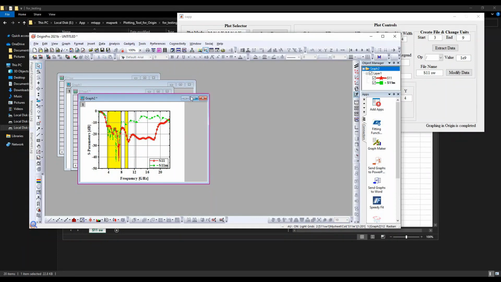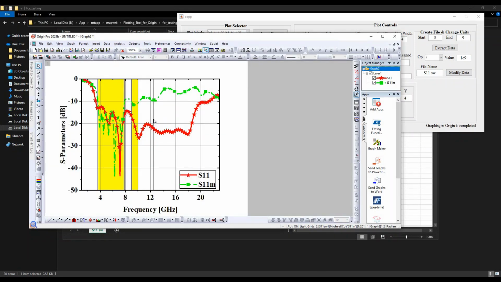Yeah, you can see the difference. You can observe the variation in the 10 dB points. There is the region where only slightly 2 points are falling below -10. So I'm deleting this thing. And the red curve indicates the simulated data, whereas the green curve indicates the measured data.